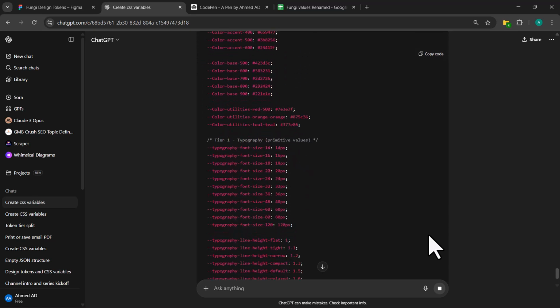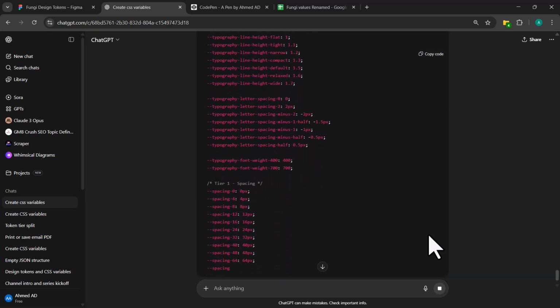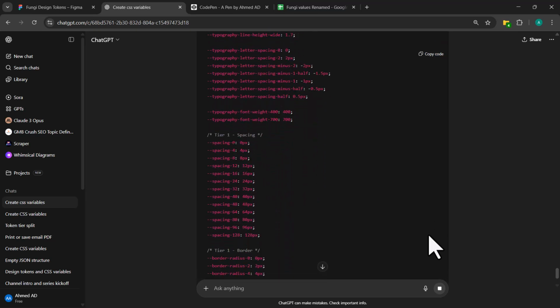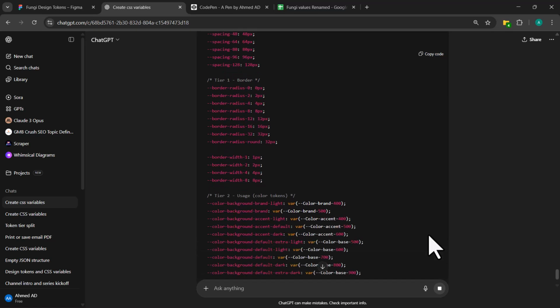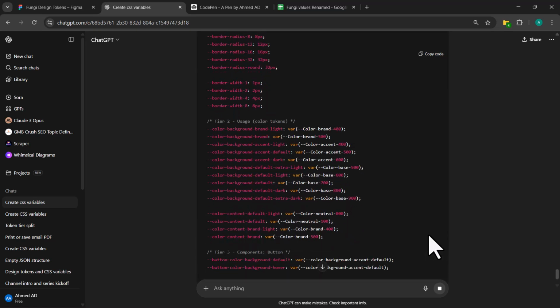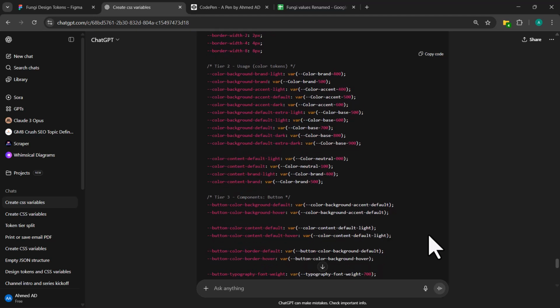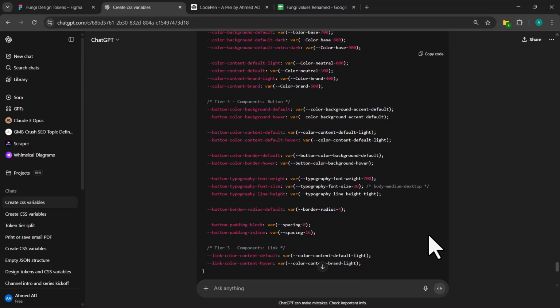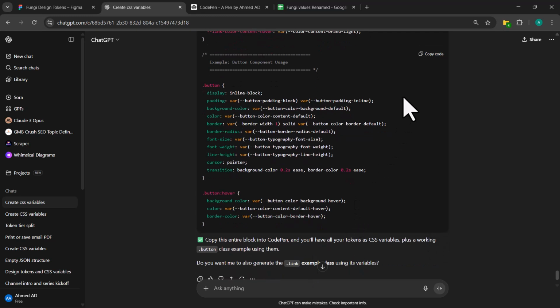Our color variables, typography, primitives, font size, line height, letter spacing, font weight, our spacing, our tier 1 border radius and width, our tier 2 background, colors, accent, brand, even though we're not going to use brand, then the default, which was the browns, color content, tier 3s, our button, for links, we're not going to use links, then our button class.